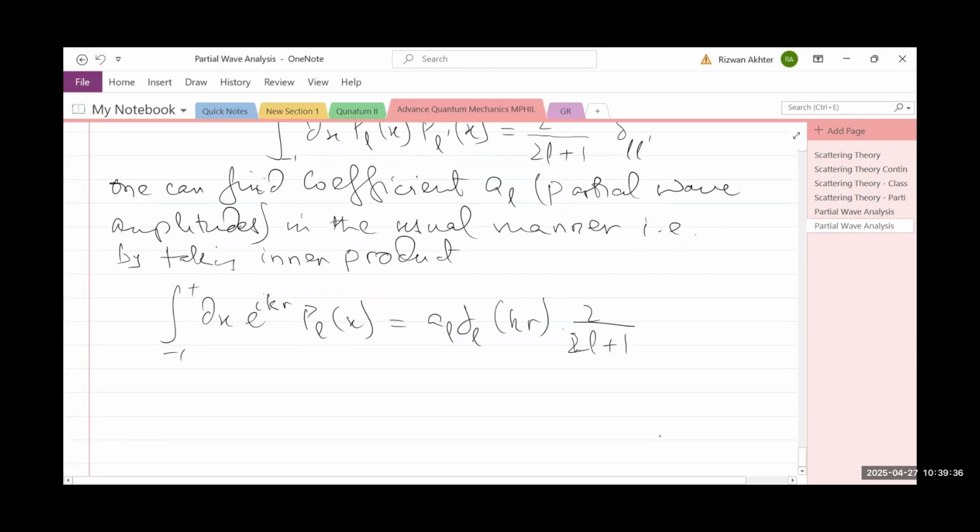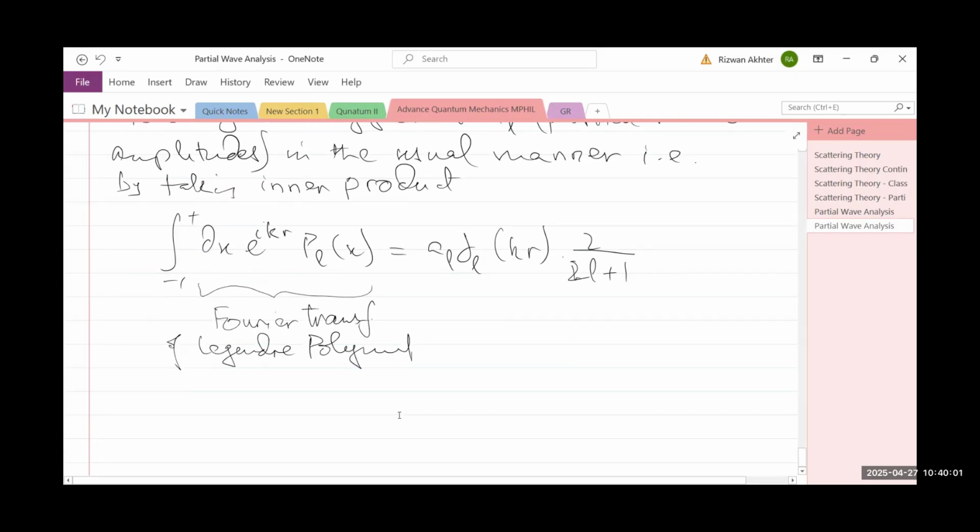Yeah, so this is in fact the condition, that is, one needs to do the Fourier transform. This is basically the Fourier transform of Legendre polynomial. So that is to find values of a sub l, one needs to